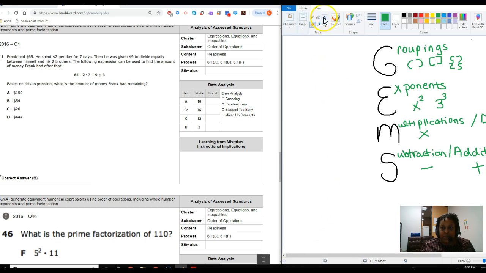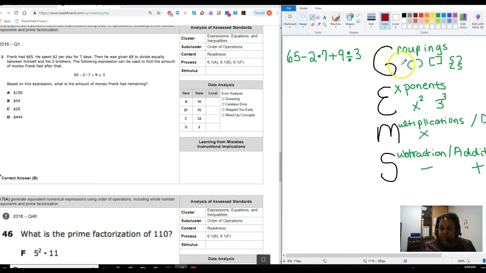Okay, so I'm going to move it over just a little bit so I can work with this problem. So we have 65 minus 2 times 7 plus 9 divided by 3. So I'm going to go up here to my GEMS and I'm going to look and say,